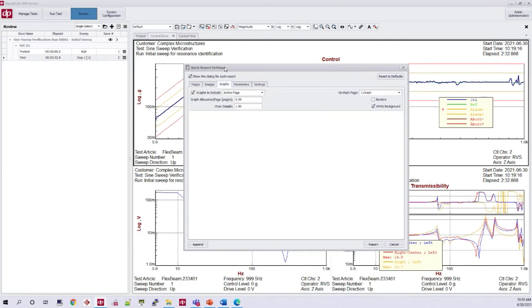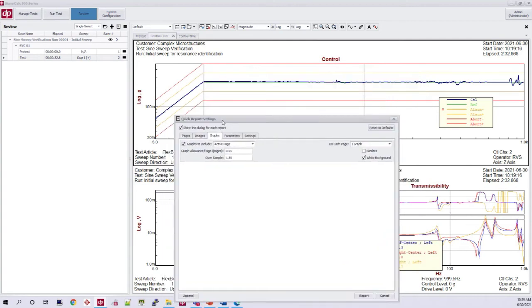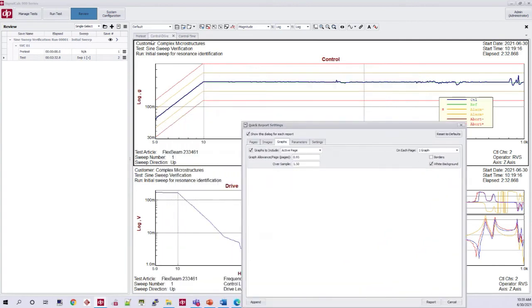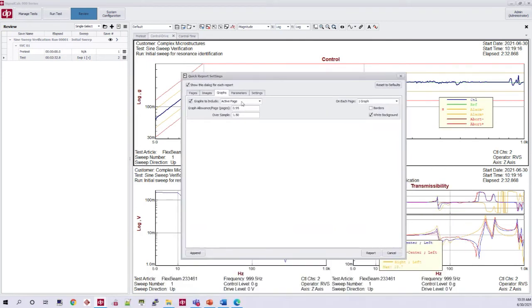For my plots, I'm going to have the plots that are on the active page, which means the page refers to the tab, this control drive tab. So I've got 3 plots on this page, and all the plots on this page are going to go into my report. Each plot is going to be approximately 1 page in height,